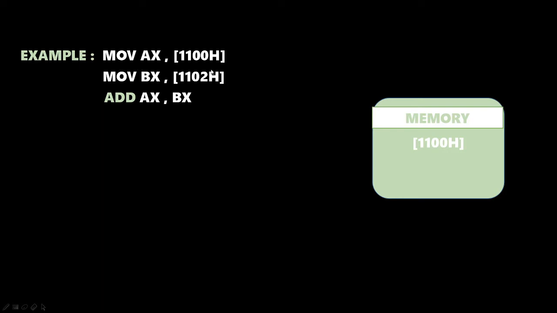What we are doing in this instruction is giving the address of our operand that is stored in this memory directly in our instruction. That is, the operand that is there in our memory in this location will be stored in our AX. Similarly, we have for BX this location. So we are giving this location directly to our instruction. So the operand which is there in this location will be accessed by this instruction directly. This type of instruction is called the direct addressing mode. Here we are directly giving the address of the operand that is there in our memory.